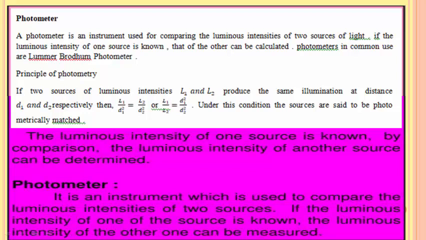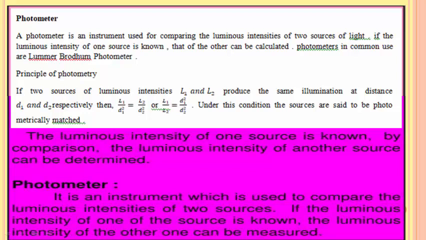Photometer. It is an instrument which is used to compare the luminous intensities of two sources. If the luminous intensity of one of the sources is known, then the luminous intensity of the other can be easily calculated. The photometers which are commonly used are